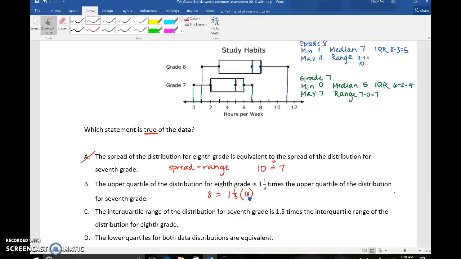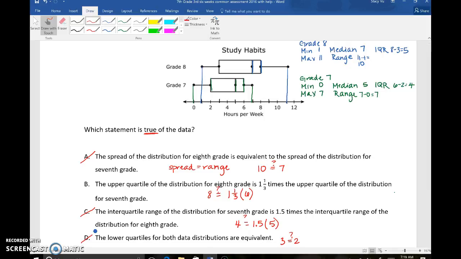C says the interquartile range of the distribution for 7th grade is 1.5 times the interquartile range for 8th grade. So it's saying the interquartile range, so 4, is equal to 1.5 times 5. Well, that can't be, because if you multiply 5 times 1, it's 5, and that's already greater than 4. This one says the lower quartiles for both are equivalent. So the lower quartile for 8th grade is 3, and it's saying, is 3 equal to 2? Well, it's not. So it's looking like B is our answer, but let's make sure that we didn't make